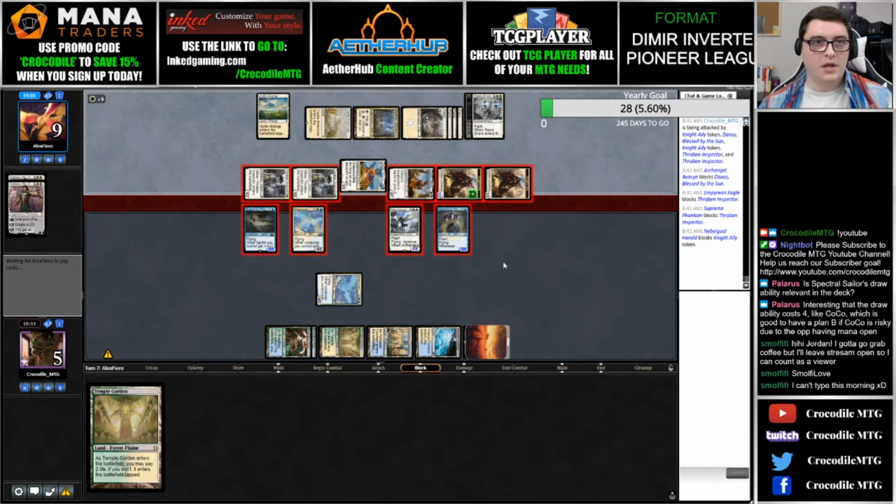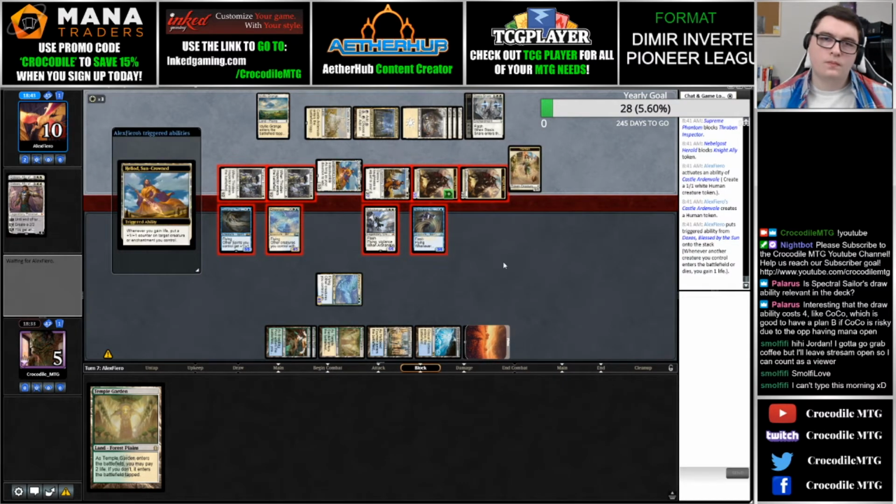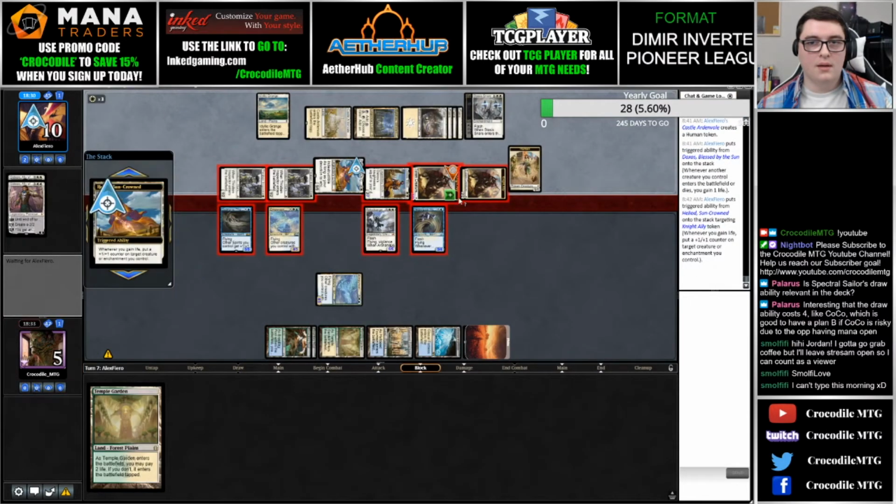Wait, what do they have? Are they just going to give everything lifelink? I mean, I think that's fine if they do, but I'm not sure about that play here. Oh, they used Ardenvale. Okay. Well, if they're using mana on Ardenvale, I think they still lose. They can put a counter here on the Knight, yeah, and trade with the Heralds, but if they don't have...